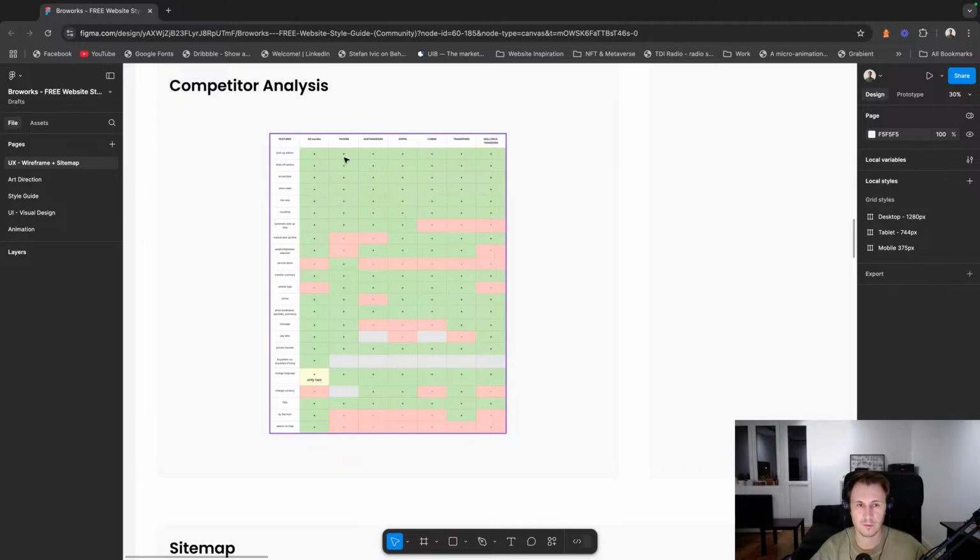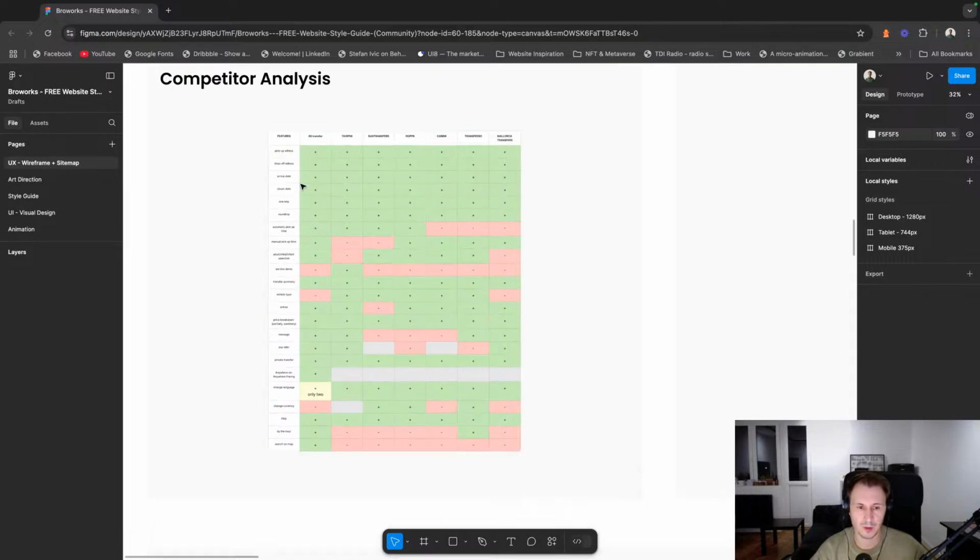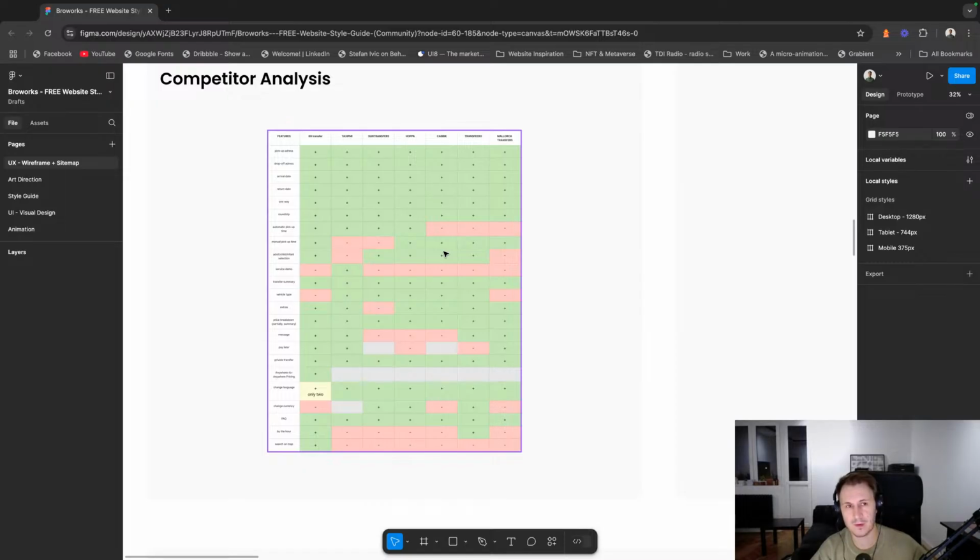So for some of these features, we put a plus for the features that the client and competitor have, and a minus for the features that the client or competitor does not have. By working with this kind of map, you can understand visually how your client stands and how others stand. If there are some weaknesses or something that they're missing that you might use for your client's website, depending on if you have a similar